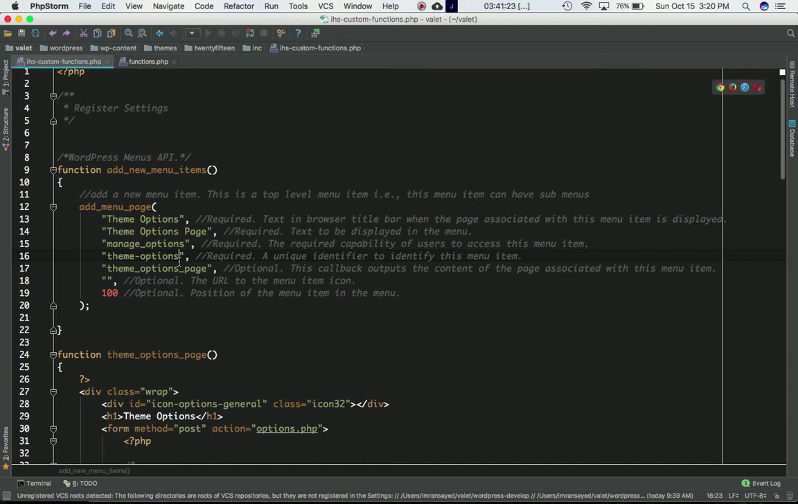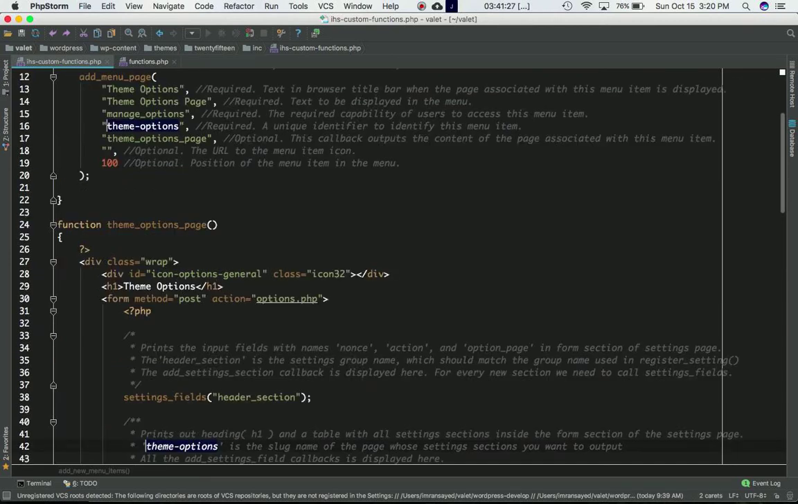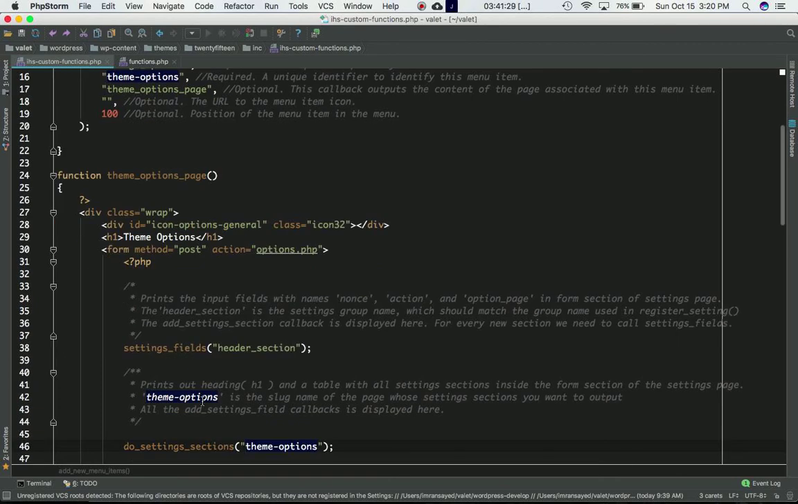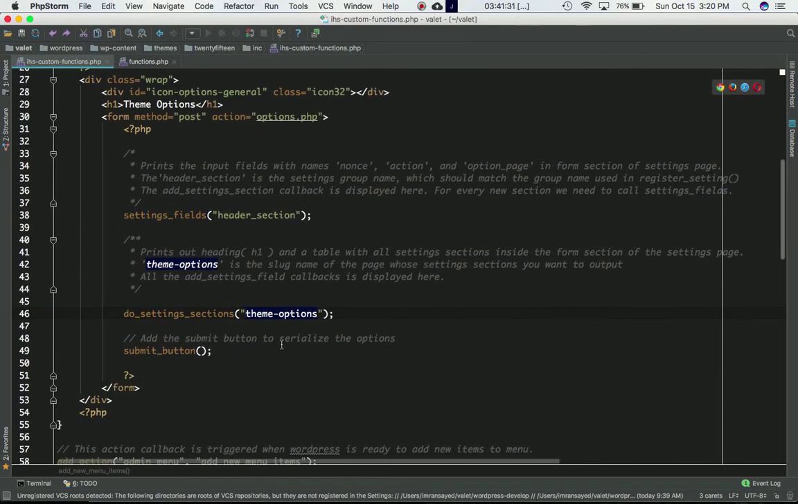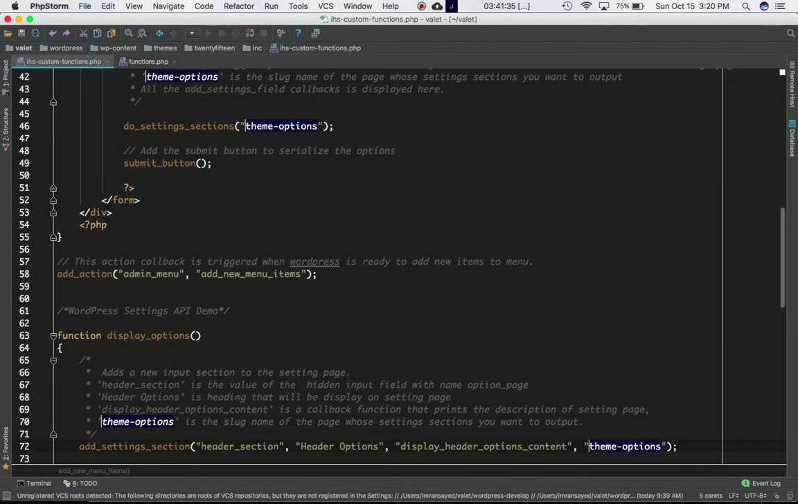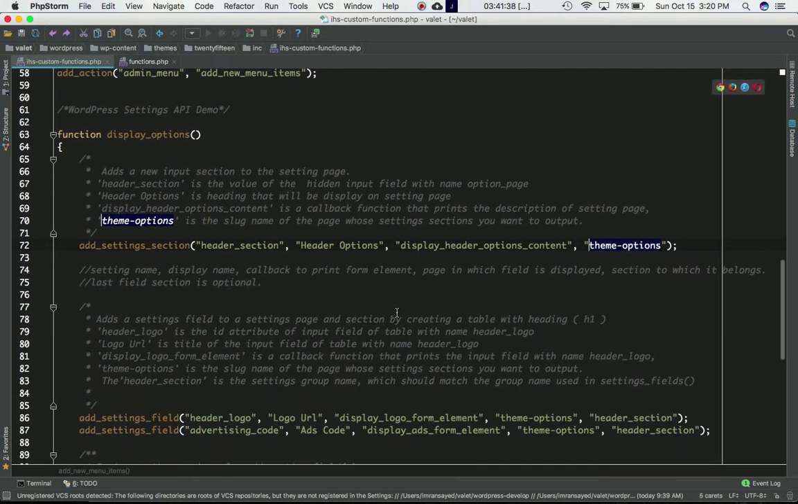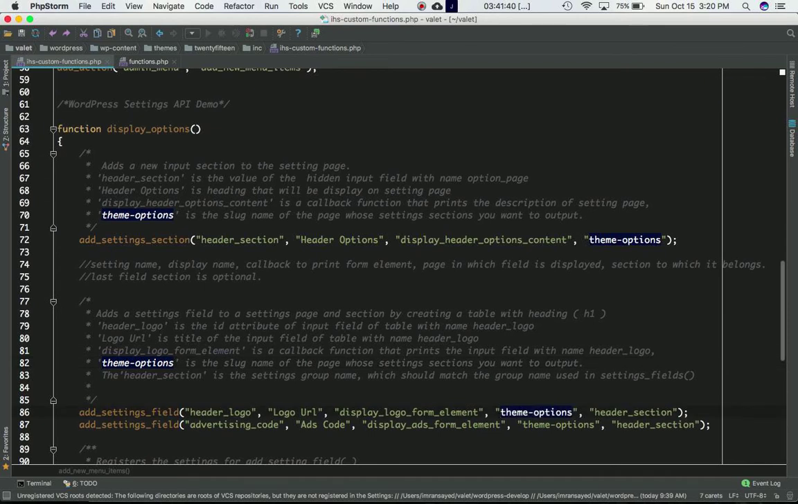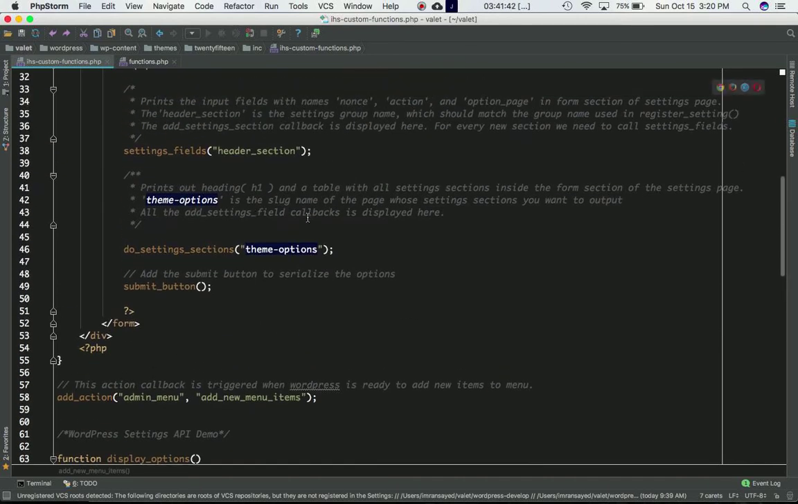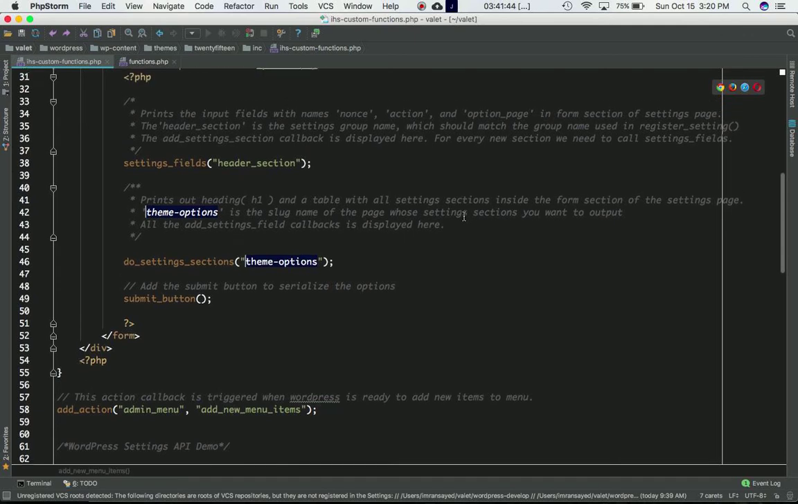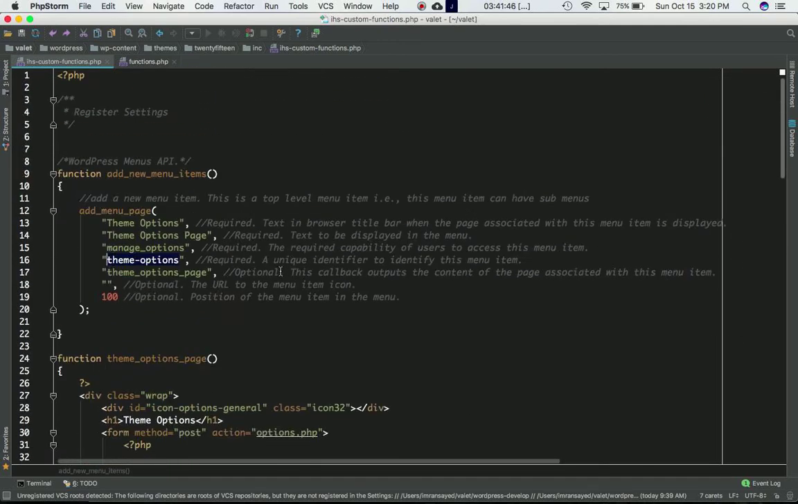So theme options, we check. So theme option is basically a slug name that we are using in different functions to link all these functions. All right, so basically theme option is a slug name of a page whose settings section you want to output. Okay, so then you have the theme options page